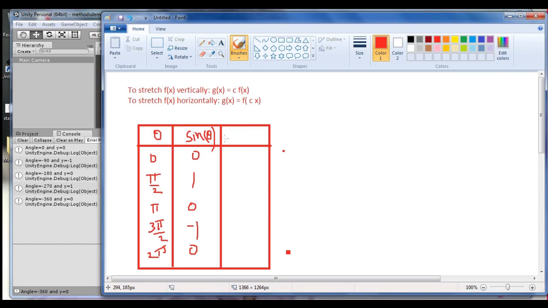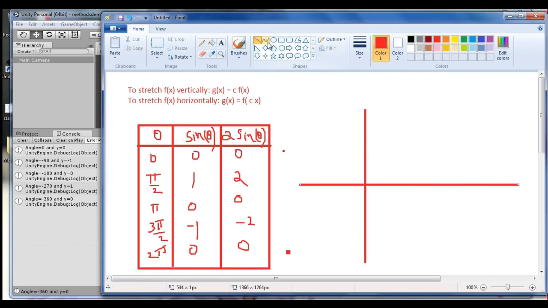And if you want to stretch vertically, let us take, I want to twice my sine function amplitude, then I just multiply it 2 into sine theta. And what result we get? 0 into 2 is 0, 2 into 1 is 2, and 0 minus 1 into 2 is minus 2, and the result of last one is 0. And if you are drawing the graph,